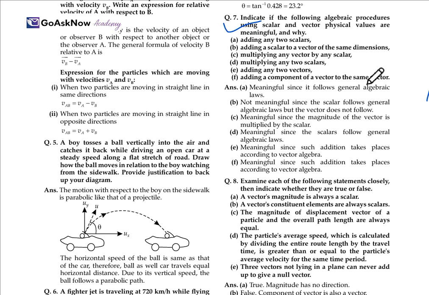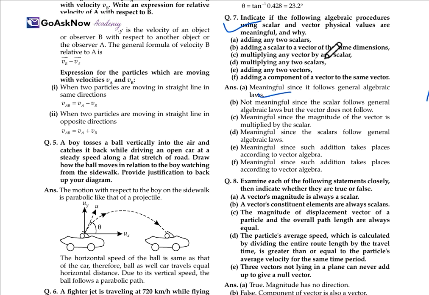The resultant velocity will be v_mr. Then t is the time to cross the river. Then t will be equal to AC upon v_mr, which is equal to AB upon v_m. Then 1 km upon 4 km per hour, this will be equal to 15 minutes, that is 15 by 60 hour. And then the distance BC will be equal to v_r times t, 5 km per hour times that time.